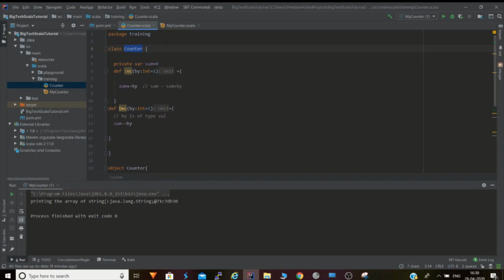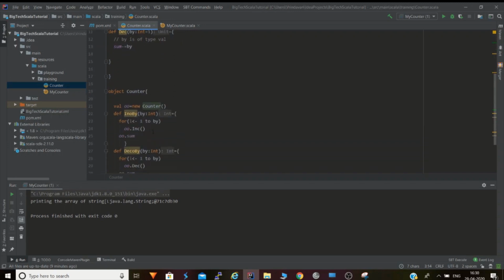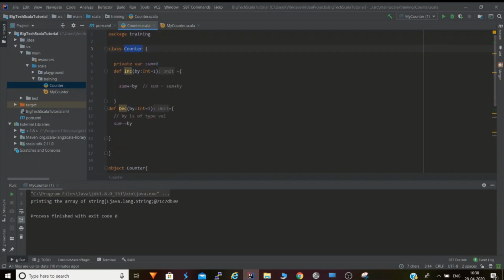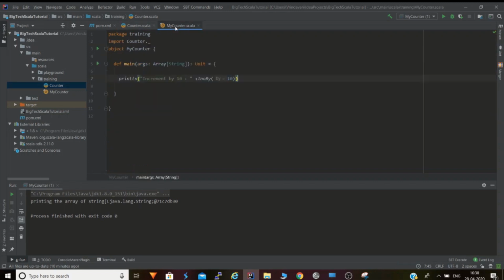The increment method does sum equals sum plus 1. So sum is 0 plus 1, which is 1. The second time it is called, sum will be 1 plus 1, that is 2. Similarly for 10 times, so we should get an output of 10.